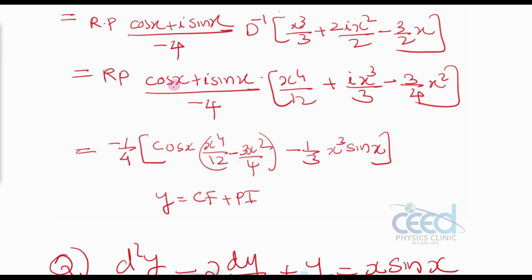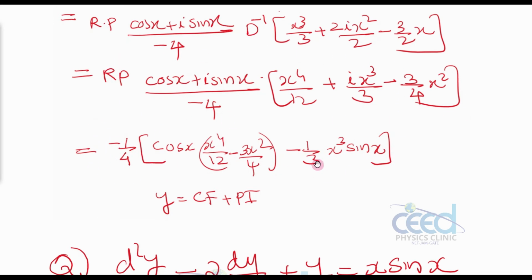Now this cos x is multiplying with this term, there is an imaginary number, that need not take, we need only the real part. And this cos x you are multiplying with this term, then we have this minus 3 by 4x square, so that also is real part. And similarly if this i sin x you are multiplying with this, there is an imaginary part, that need not take. And this i sin x you are multiplying with this, then there is a real part, because i square is minus 1. So that time you get minus 1 by 3 x cube sin x. And this i sin x multiplying with the last term is an imaginary term, that need not take. So the real part of the entire expression will be the answer.